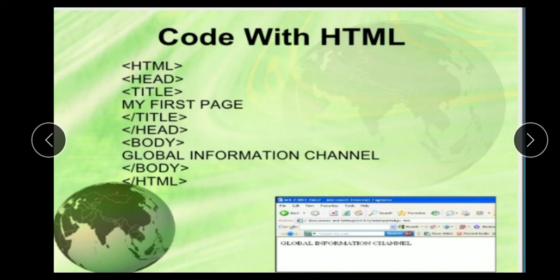Everything on the page goes within body open and body close. In this container tag you write all things, then close body, and finally close the HTML tag. In the same manner as you open the HTML tag, you close the HTML tag.